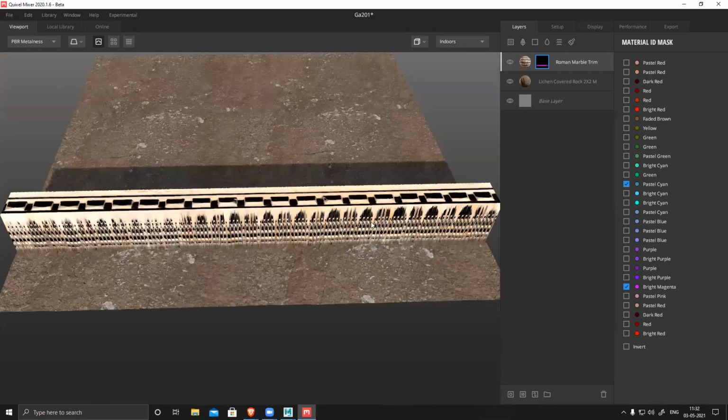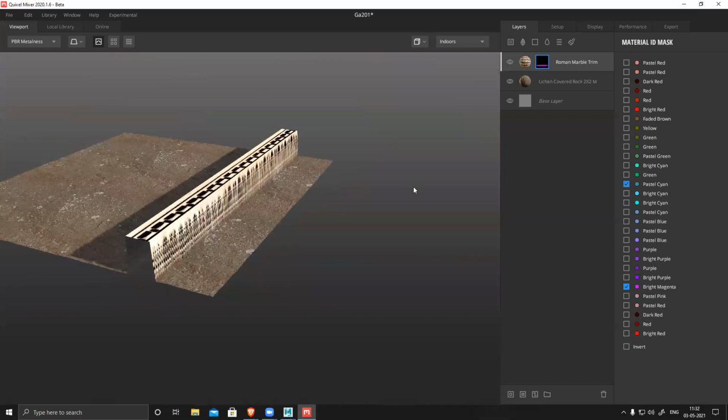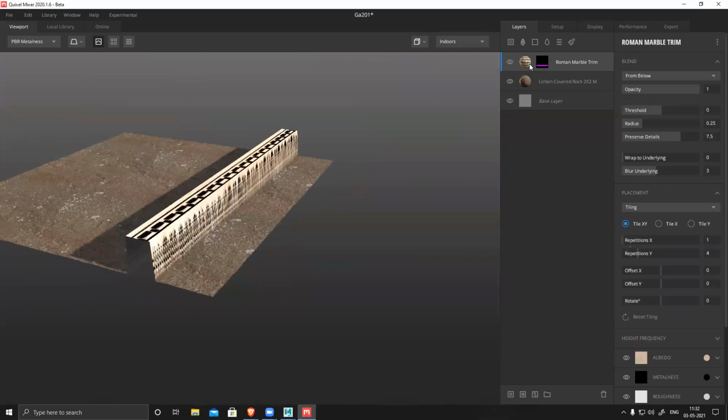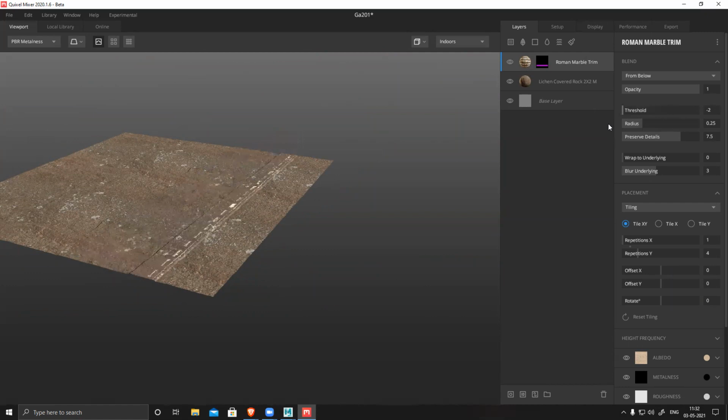So this has a huge displacement, right? This is not required. So I'll go and select my material, and again the threshold, all those things. I reduce it. Opacity I can make 0 or full. Radius I can increase or decrease. Preserve detail, base detail I don't want.